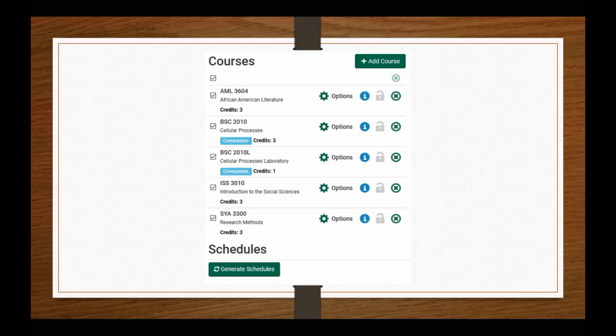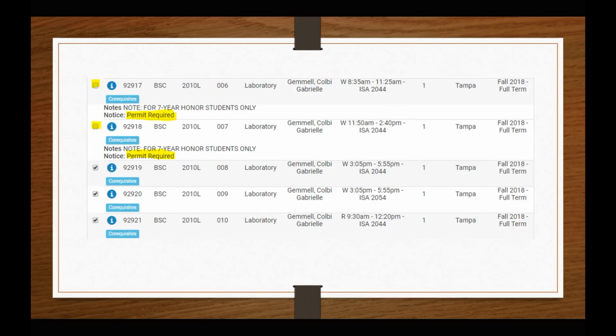Be sure to check the boxes only for courses you want to include in specific schedule searches. Use the Options button next to each class to see all of the sections available for the course. From this page, you can select or unselect sections of the course to narrow your search based on permit requirements, course times, and professors. Selecting the I button will expand this information and show you how many seats remain in